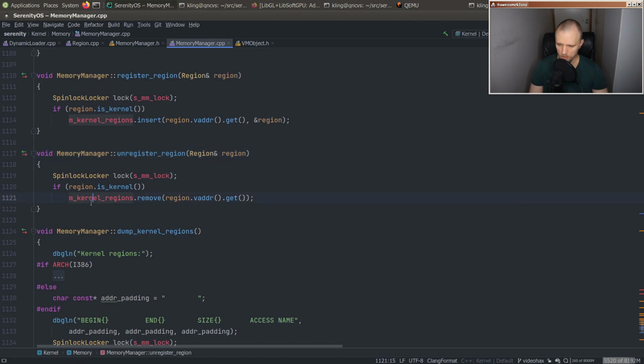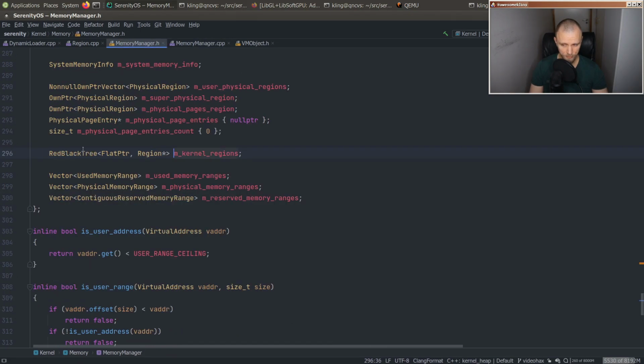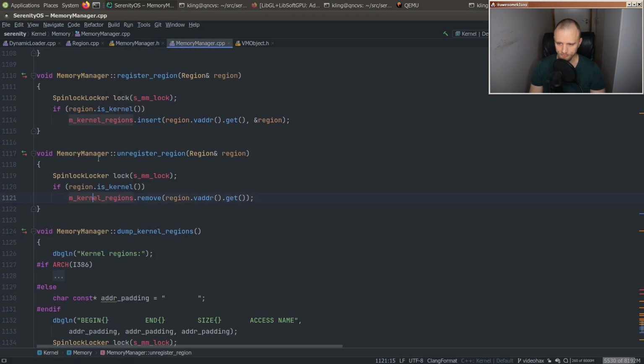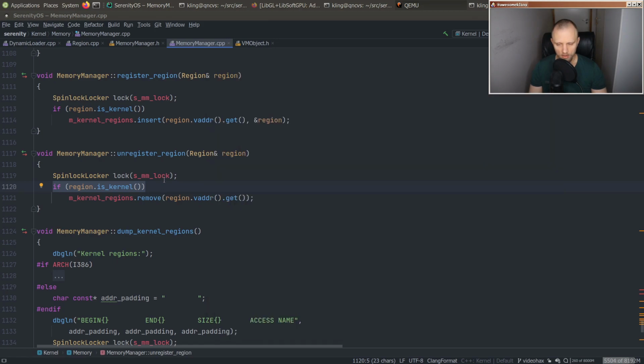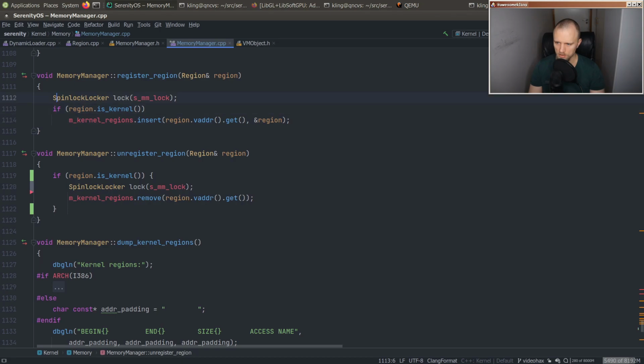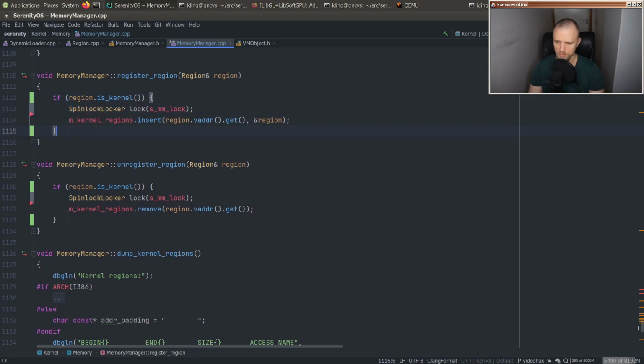Which removes it from the kernel regions. Is that a red black tree? Yes, it is. Okay, well, one thing immediately stands out here, which is that we are taking a spin lock even if it's not a kernel region. So this could probably just be reorganized like this at absolutely no disadvantage, or like there's no reason not to do it that way,